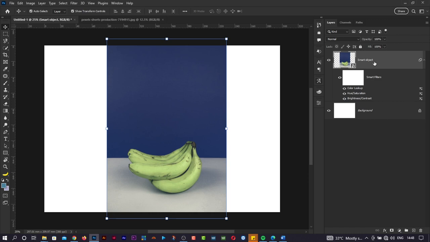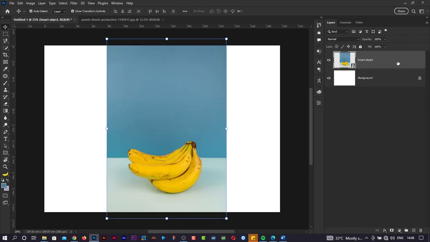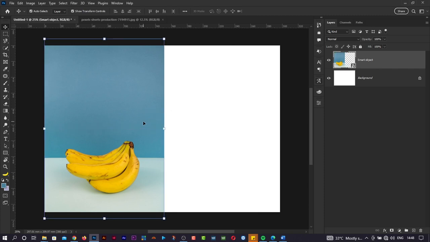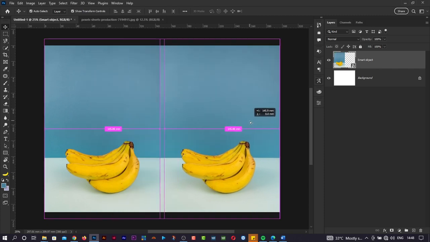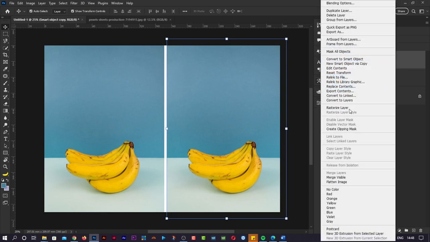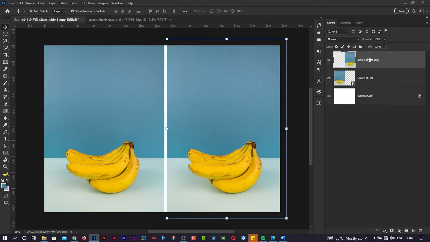So let me just delete this. How do I delete this particular smart filter? I can just click and drag to the recycle bin like that. So I've deleted all of that. Now this is for a smart object. Okay, so if I duplicate this image here and quickly convert it to a raster by right clicking on it and take rasterize layer like that, and just rename it to raster. So this is a raster